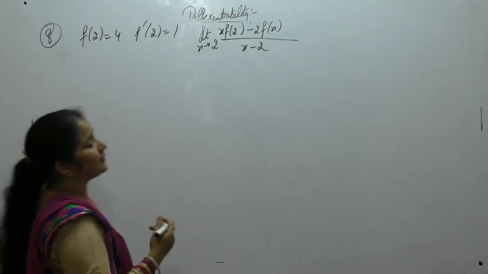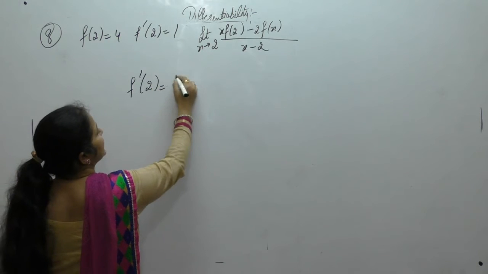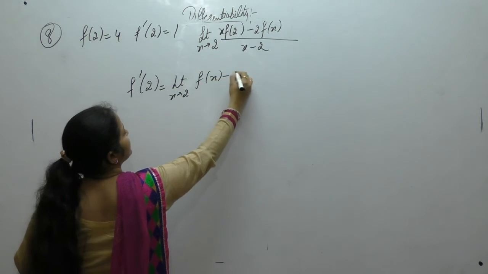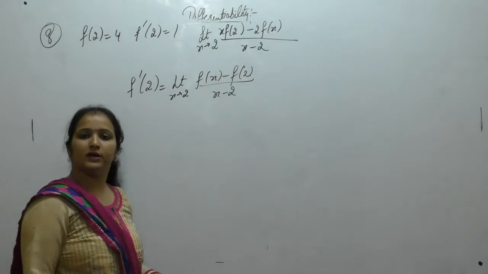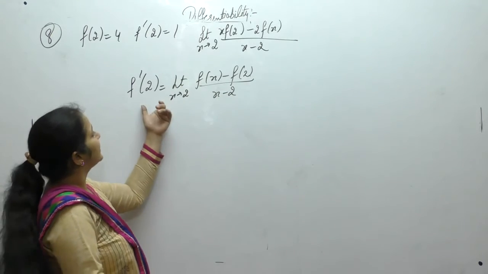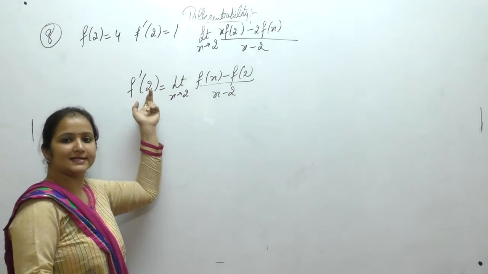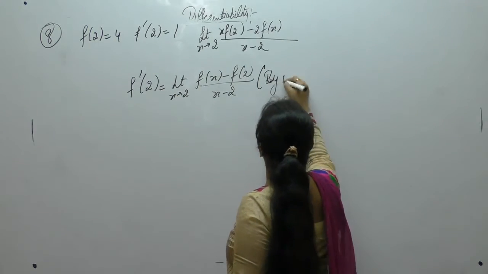Now using definition of derivative, f dash 2 is equal to limit x tends to 2 f of x minus f of 2 upon x minus 2. This definition says that f dash x is, at the point where we have to check differentiability. So by using definition of differentiation,